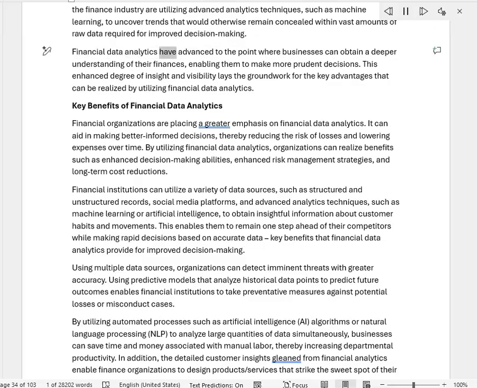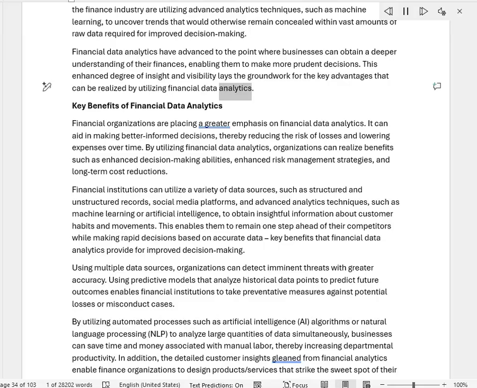Financial data analytics have advanced to the point where businesses can obtain a deeper understanding of their finances, enabling them to make more prudent decisions. This enhanced degree of insight and visibility lays the groundwork for the key advantages that can be realized by utilizing